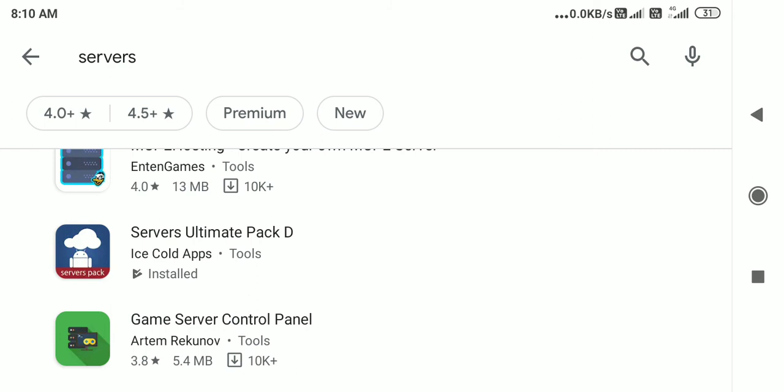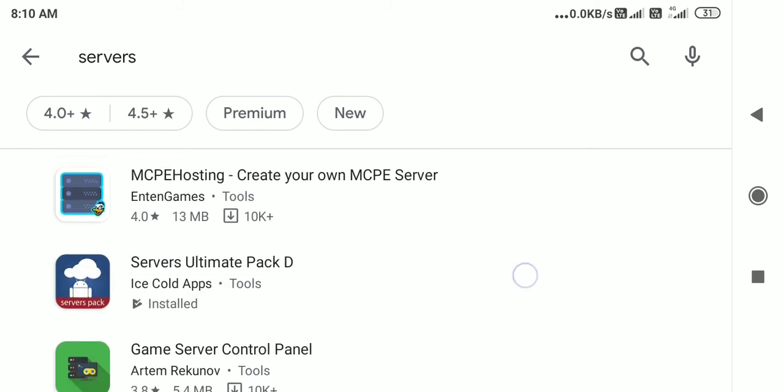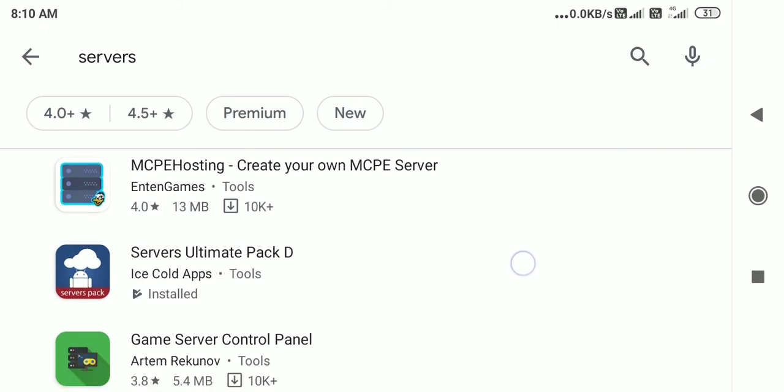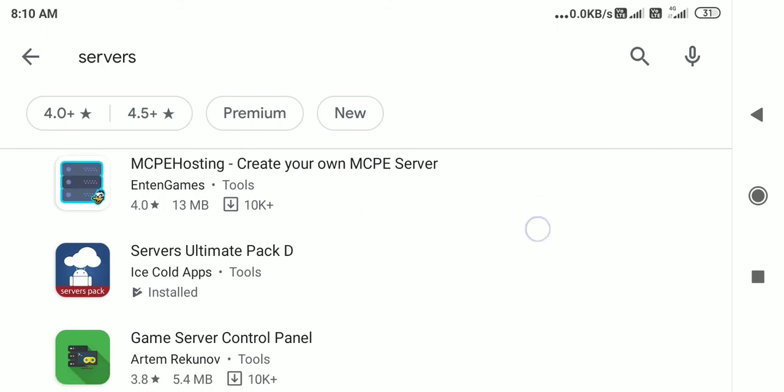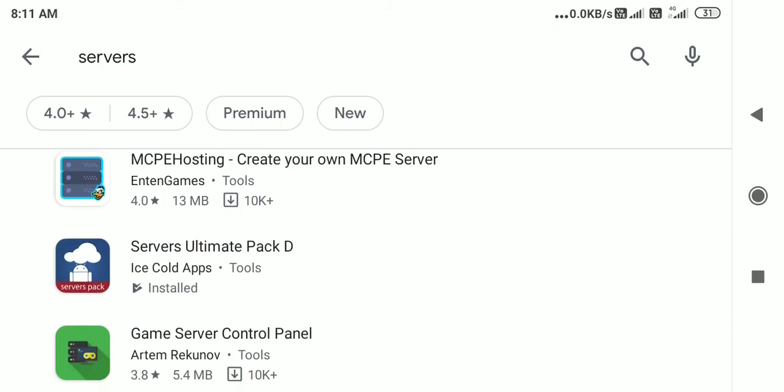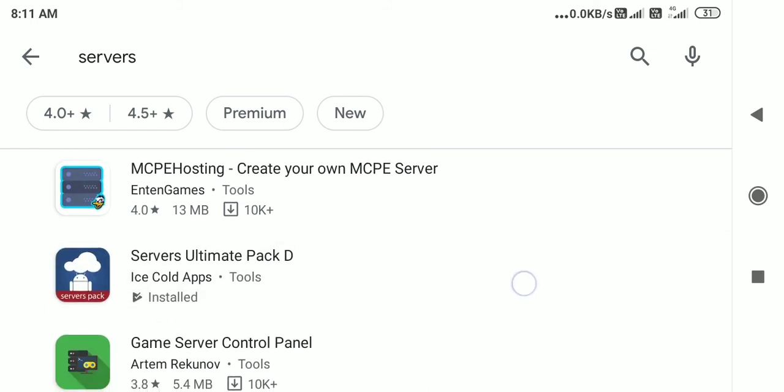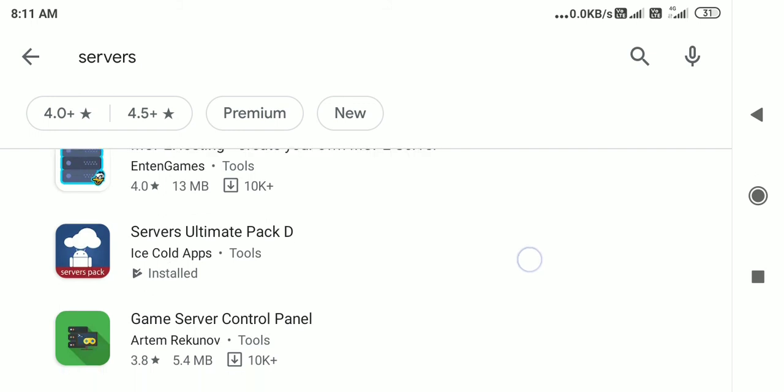I told you some pack might have signaling kind of things, some pack might have TCP kind of protocol, UDP kind of protocol, and some pack might have service. When you say servers, ultimate packs mean it's a kind of service. Whether it is a protocol or anything, it's a kind of service.